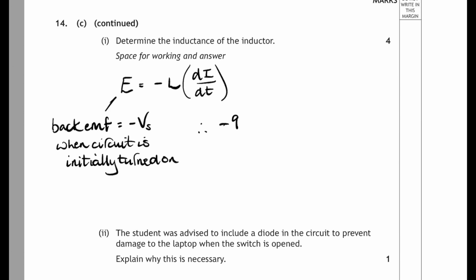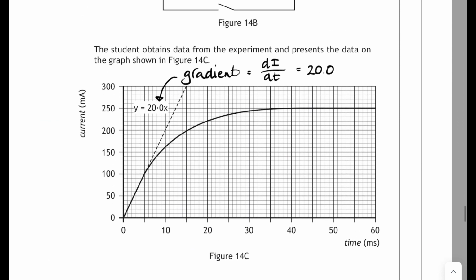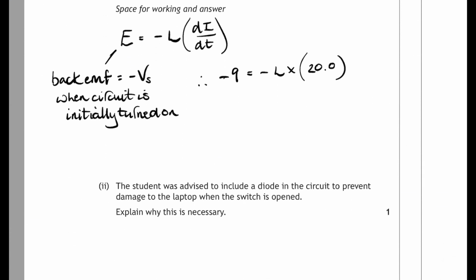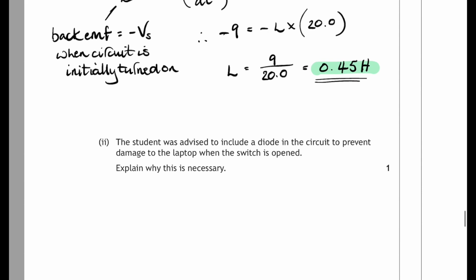So we can substitute that in, so minus 9 will be equal to minus L times 20, which was the gradient of the graph when it was turned on. That's the rate of change of current, di by dt. So now that we've got all them subbed in, let's rearrange it. The negative signs cancel out, and L will be equal to 9 divided by 20, which gives us an answer of 0.45 henries. And then for part 2, the student was advised to include a diode in the circuit to